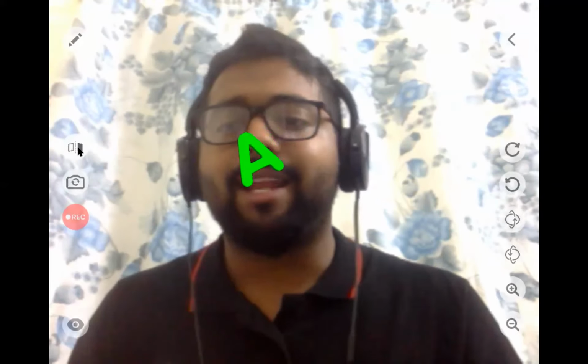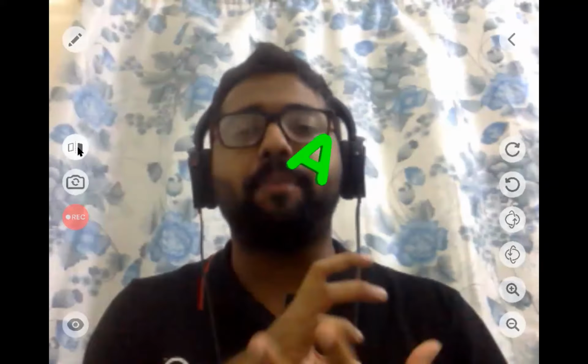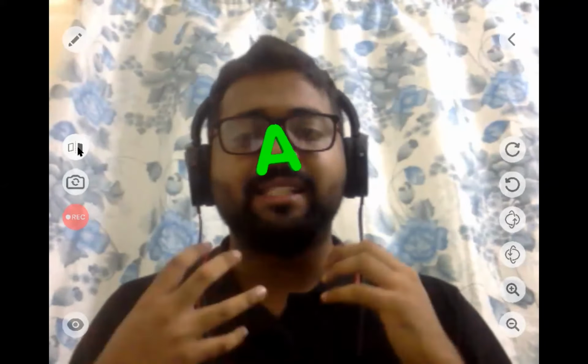These three buttons right here are the camera control buttons, where you can click this button to flip your view. On some desktops, when you connect your webcam, it flips your view, so that if you put your right hand up, you will see that your left hand is up. So when you turn to this side, you will see yourself turning to that side. That will create a lot of confusion when you do AR classes. In that case, click this button so that you flip it. I'll just show once more in a better way. I'm pointing my hand like this. Now when I'm clicking it, I'm turning to the other side. Okay. This small button is used to flip the camera to front and back.